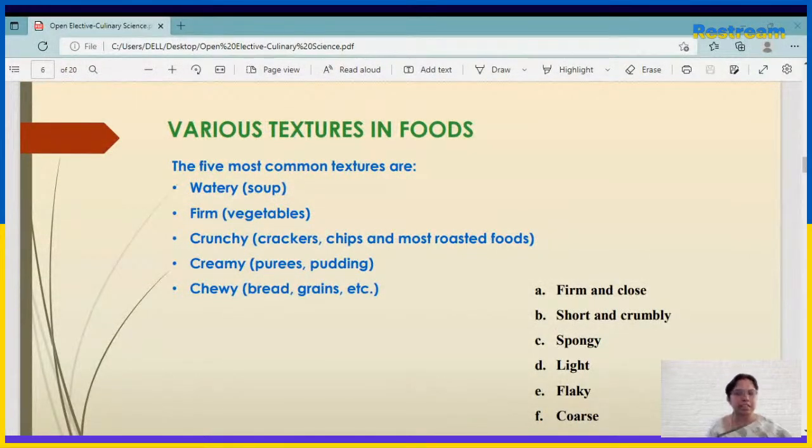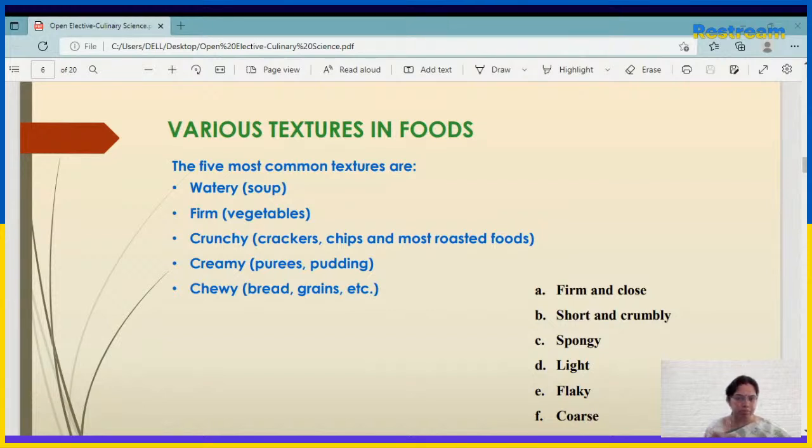Texture enhances the sense of variety in our nourishment by impacting the taste of the food. So this is indirectly connected. When you say texture, it is a study of food rheology. In other words, it is called food rheology. This is the science of food structure and its own rheology.